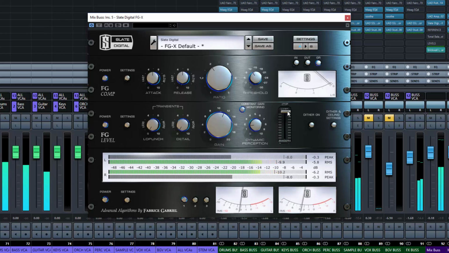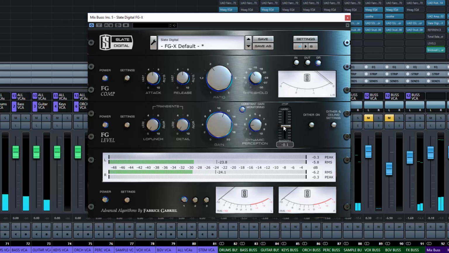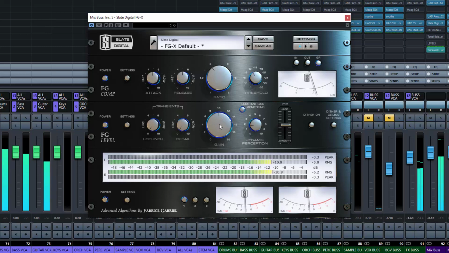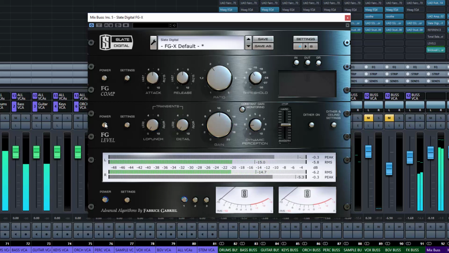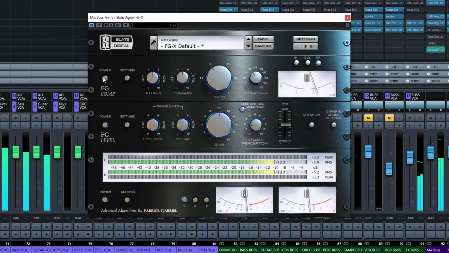Yeah, so if you want to add a lot of punch, obviously push it up to the high. The medium was okay there. Obviously I'm pushing it a little bit too much here. I'm just trying to exaggerate a little bit. Turn the compressor off. Bypass it all together. So this is before,